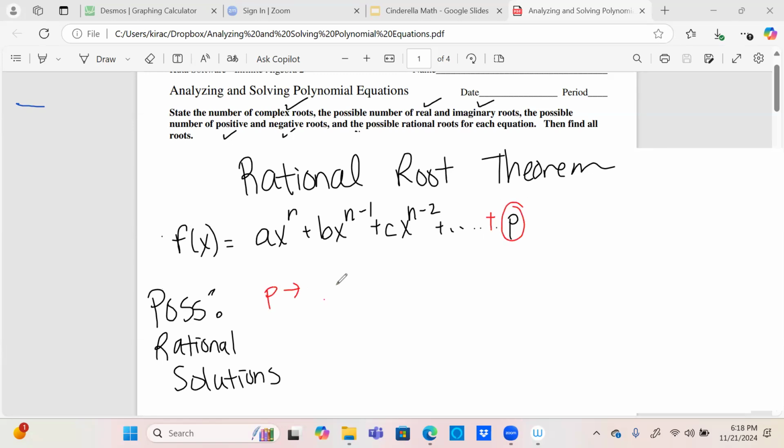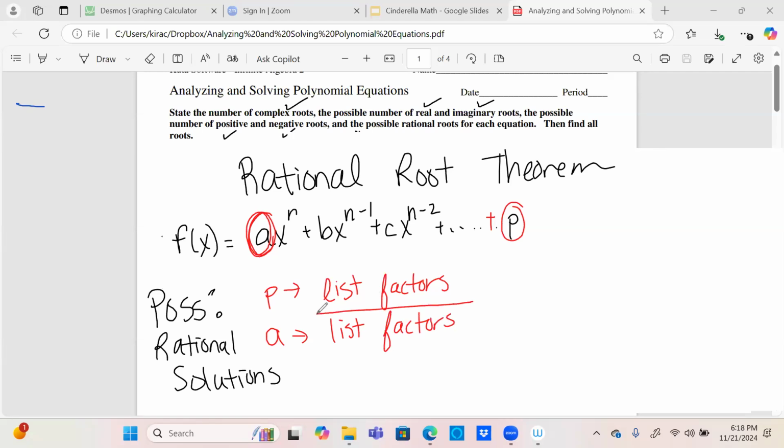So p, list your factors, and then take the very front coefficient, that leading coefficient a, list its factors, and then divide. And then each one gets a plus minus. So example,